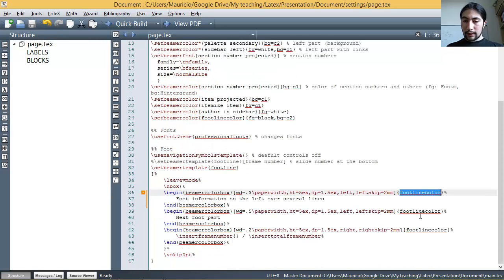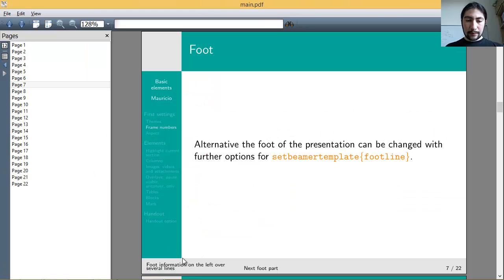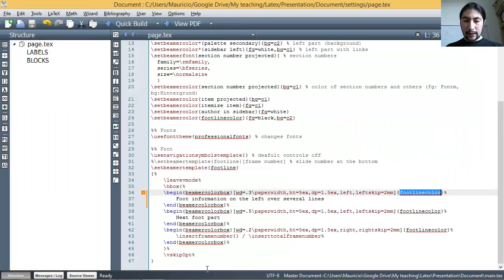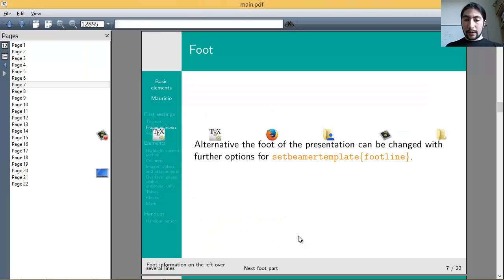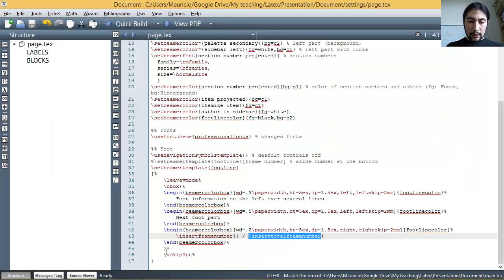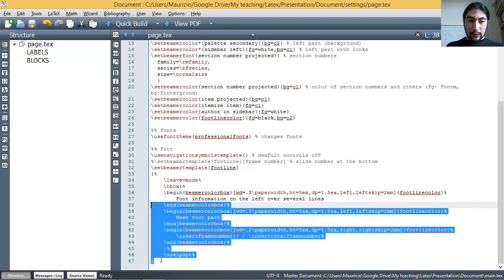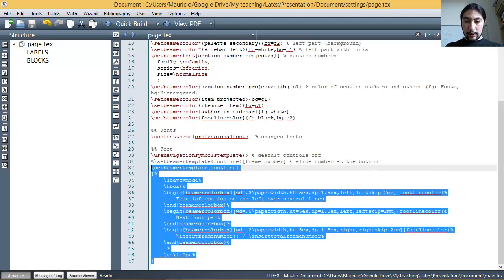That's what I'm putting exactly there, and there. In the first box, which is the left box, I am putting some information over several lines. And in the second one, I'm putting more information. And in the third one, I'm inserting the frame number and the total frame number. But I think you get the idea pretty easily. Okay, that's how you can also create a more elaborated foot. So I'm going to comment this thing out,